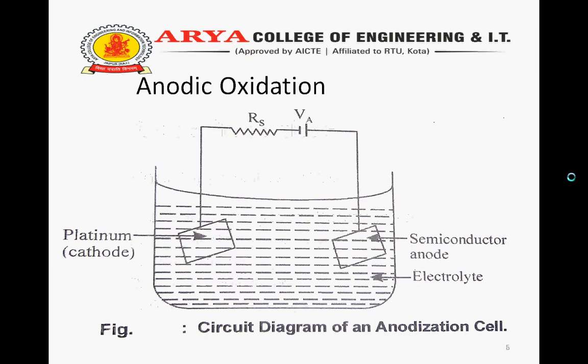Anodic oxidation. A unique characteristic of anodic oxidation is that it is carried out at room temperature, thus impurity profiles in the semiconductor are not altered during this process. As a result, this technique is useful for controlled removal of layers of silicon and gallium arsenide at room temperature and is often used as a diagnostic tool.